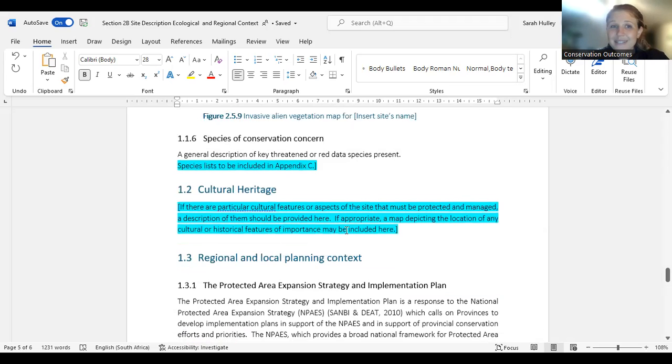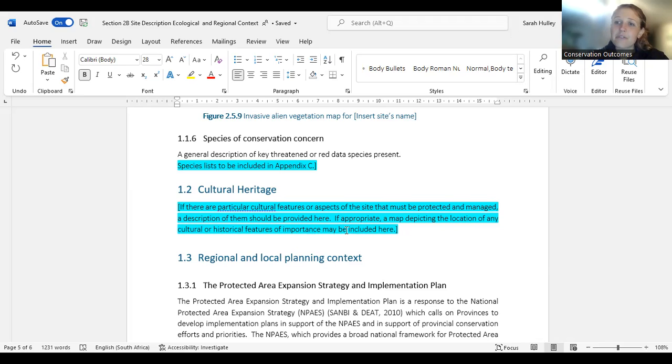Important to also consider is what species are of conservation concern. This involves your fauna and your flora. So what is moving through the reserve? What small populations do you know of, if there are populations of special endangered plants growing on a certain ridgeline or so? And again, there are